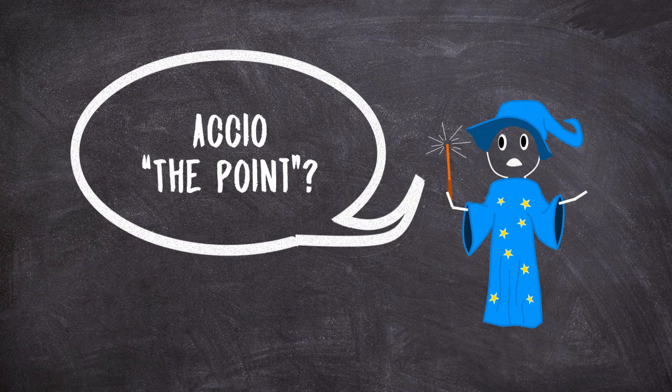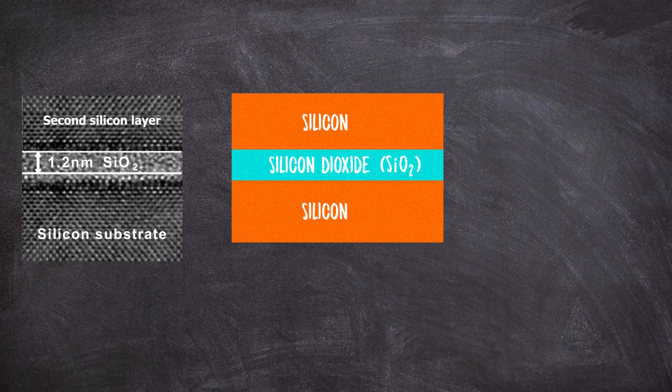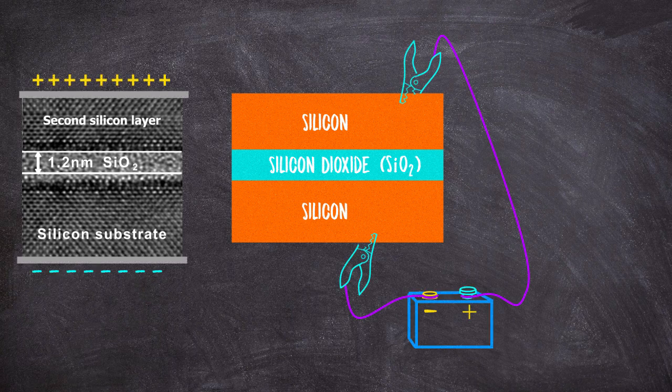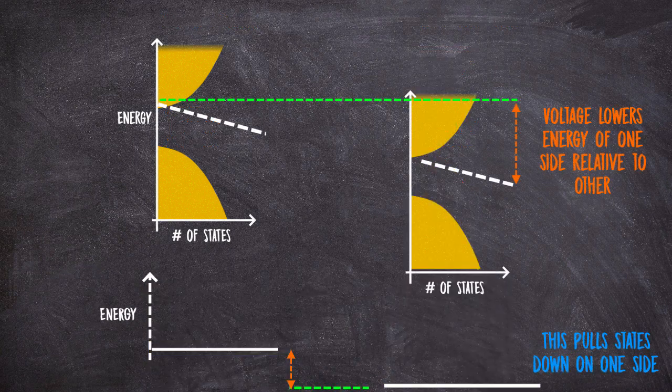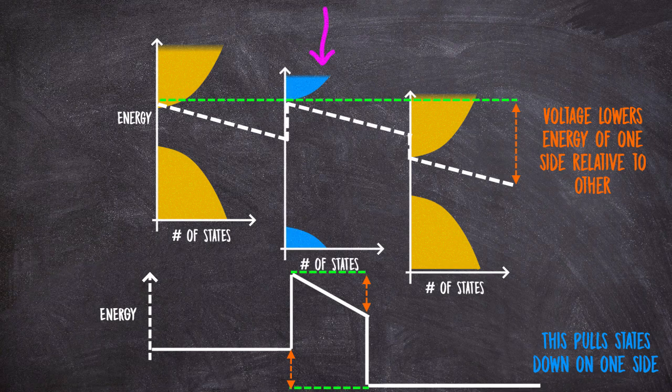Okay, so let's say we understand that. Then how can this tunneling current be used to make a useful technology? Well, in a situation like this, we can actually turn this flow on and off at will just by applying an electrical voltage, like from a battery or a power source. But how? Well, when we say we're applying an electrical voltage to something, what it really means is that we're changing the potential energy of the states of one side of the system relative to the other side of the system. This also, by the way, has an effect within the insulator layer as well.